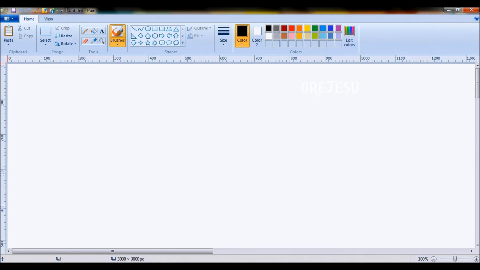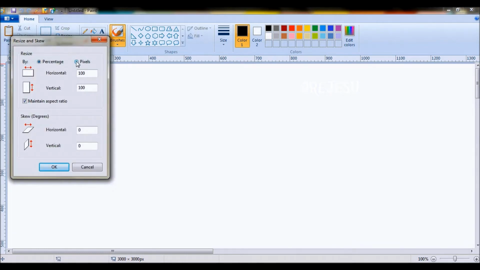This is another episode of how to make surface pattern designs using Microsoft Paint. So let's begin. The first thing we're going to do is to make a canvas 500 pixel horizontal and 500 pixel vertical. This white space is our canvas. We go to resize. We click on pixel. We untick maintain aspect ratio. We put in the figure that we want. I'm going to put 500